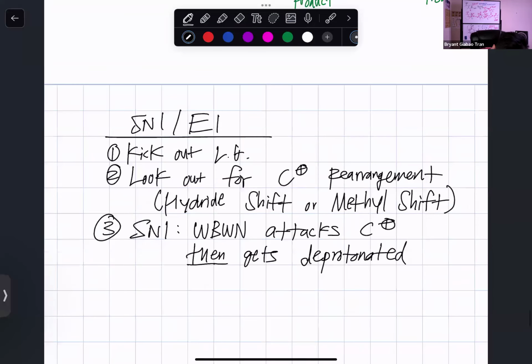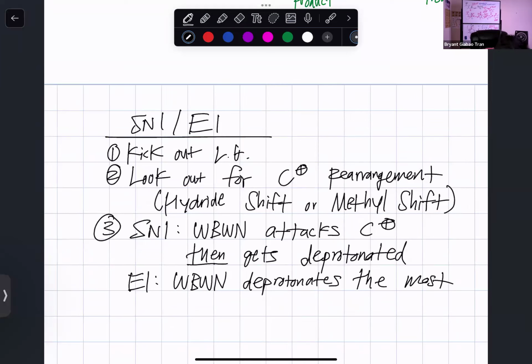Right. For E1, the weak base, weak nucleophile deprotonates the most substituted beta hydrogen to form